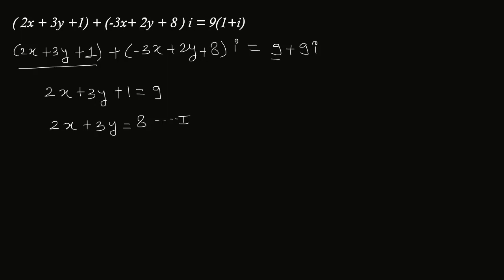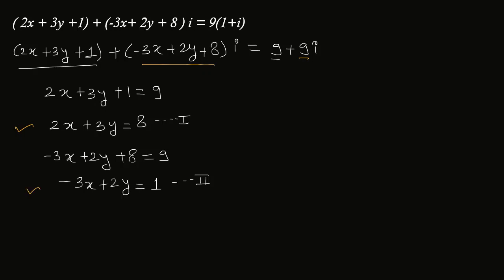Similarly now compare imaginary part with imaginary part, मतलब i वाला i वाले के साथ. So that gives you minus 3x plus 2y plus 8 is equal to 9. दोनों साइड i होता है इसलिए i लिखने का जरूरत नहीं होता, वो कैंसिल हो गया रहता है. सो माइनस 3x प्लस 2y इज इक्वल टू 9 माइनस 8 गिव्स यू 1, which is the second equation. So now you have two equations. When you solve equation number 1 and equation number 2, you can find out the value of x as well as the value of y. तो ये वैल्यू आप सॉल्व कर सकते हैं.